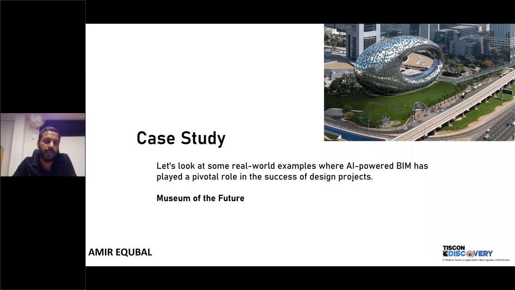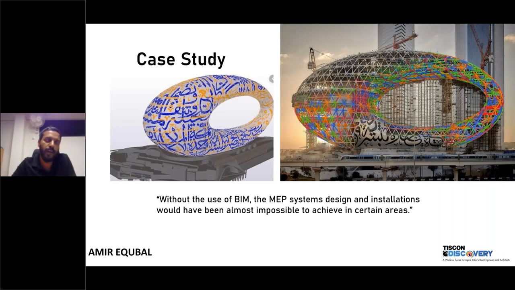So for example, you see this building, if you see the structure of it, it is very complex. And if you see the Arabic calligraphy that is here, it is embossed in the panel. It's not painted. Each panel has one chunk of that calligraphy. To just imagine doing that without paint, it's nearly impossible. Even if you dare to do that, it will take several years to just produce the